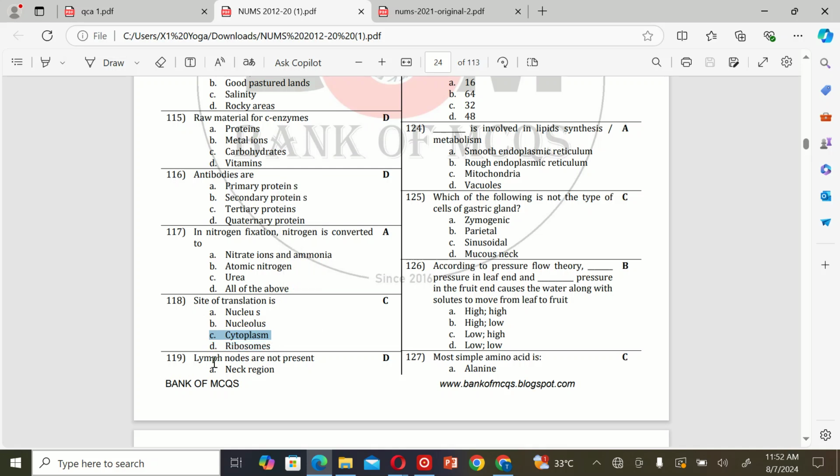The next MCQ is, lymph nodes are not present in A. Neck region,